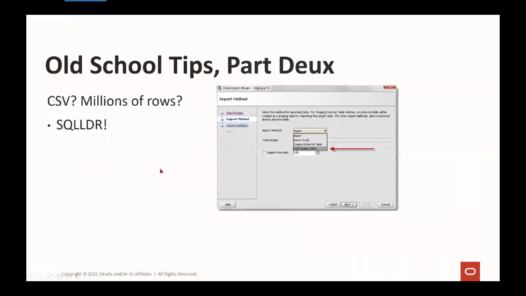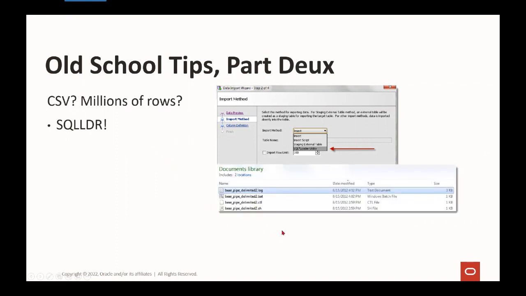So I already built slides for some of this. Great. A lot of people have kind of given up on SQL Loader, and I'm not sure why. SQL Developer can make using SQL Loader easier. You just actually have to have it installed on your machine. If you got access to the database server, external tables are much more flexible, I think. But if I were to run through that CSV